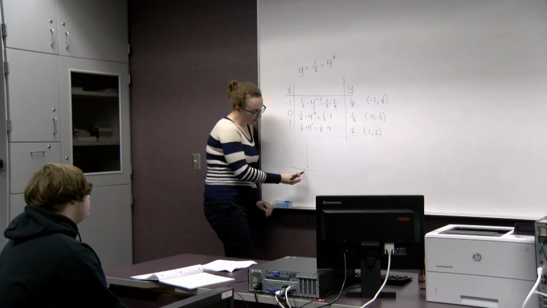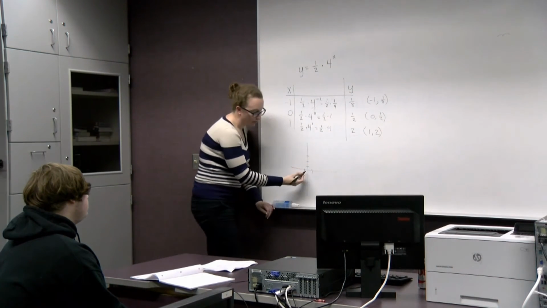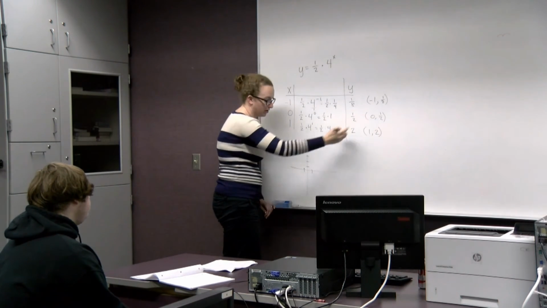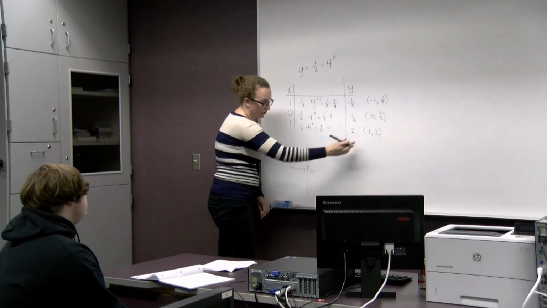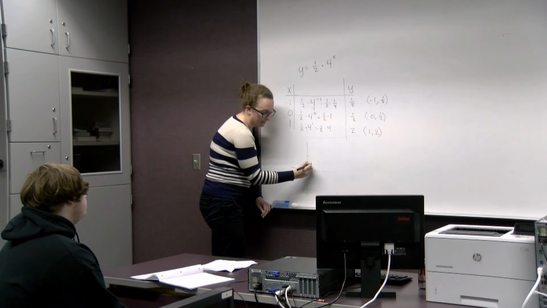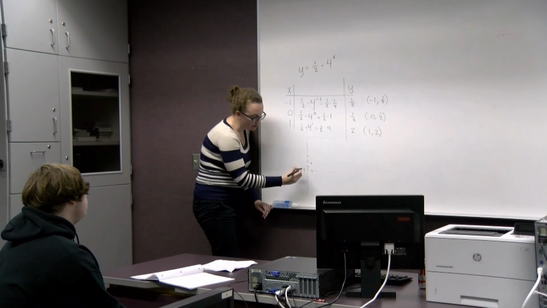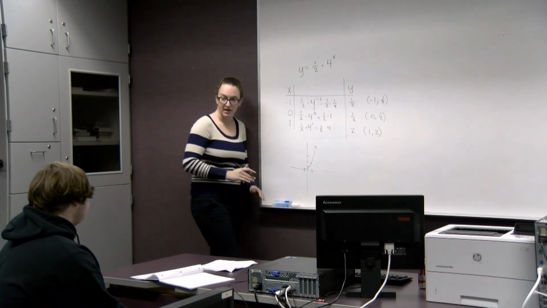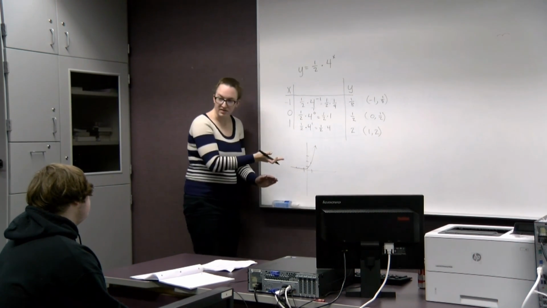So if you're looking at a graph, we're going to have the points -1, 1/8. We're going to go to x = -1, then go up a little bit off of 0, but not all the way up to 1. We're going to go over 0, up 1/2. And then we're going to go over 1 and up 2. You can see it gets a little bit bigger there, but then it really starts to take off. Your shape should always have this look to it, where it really takes off in one direction. In the other direction, it should get really close to the x-axis, but it should never